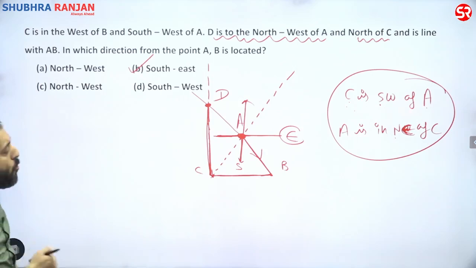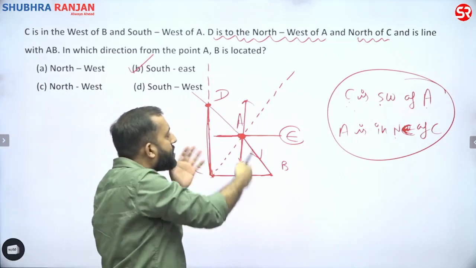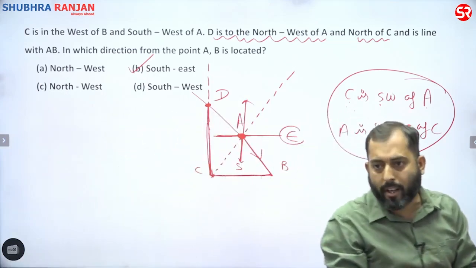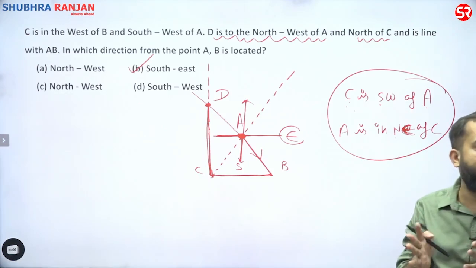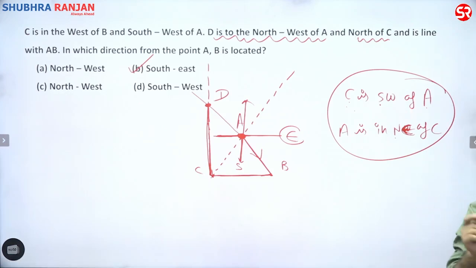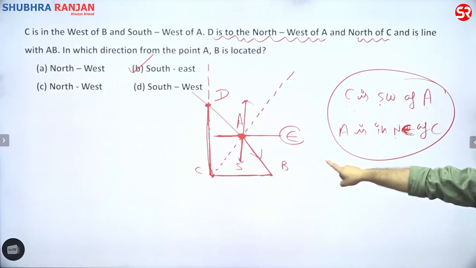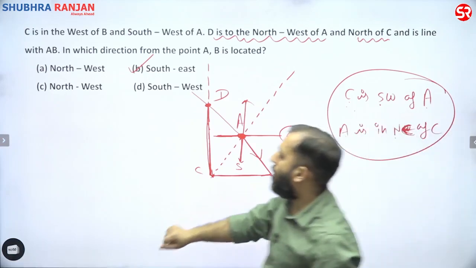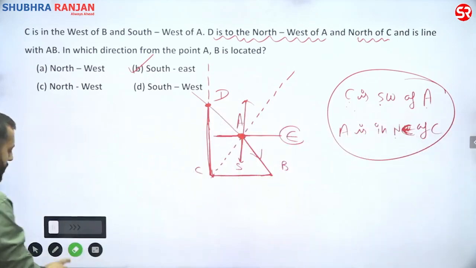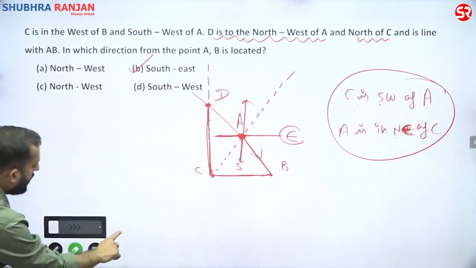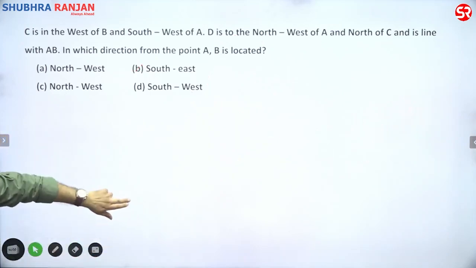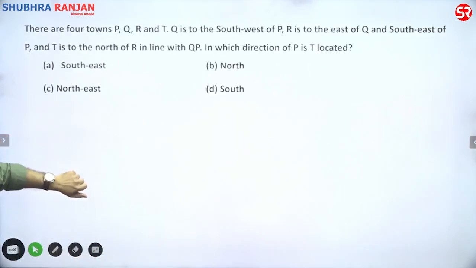So I hope this construction of the diagram is clear to everybody. Although it is very easy for some of us, it might have been a bit difficult for some of you. So I hope this is clear to everybody now. Can I erase it? If it is clear to everybody, then try this question.